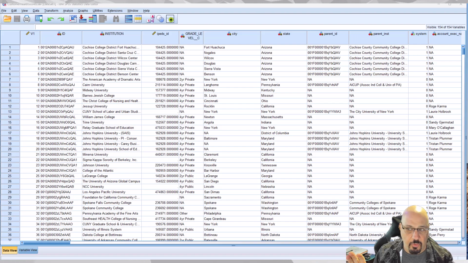I'm going to show you how to run an ANOVA. I'm going to show you how to run a regression, all very quickly, just to give you some highlights. And then in another video, I'll probably drill down a little bit more. But here we are in SPSS. Of course, you'll recognize the user interface. I have a sample data set. This is actually real data